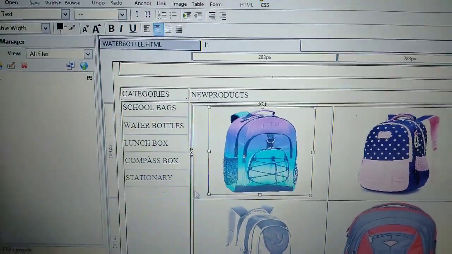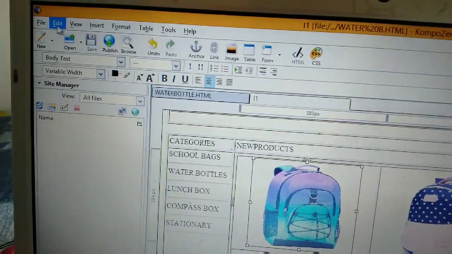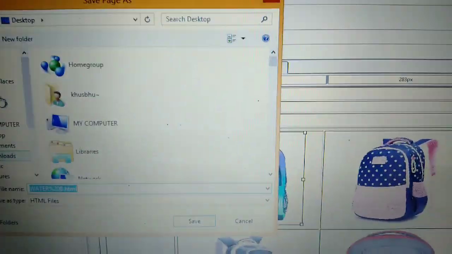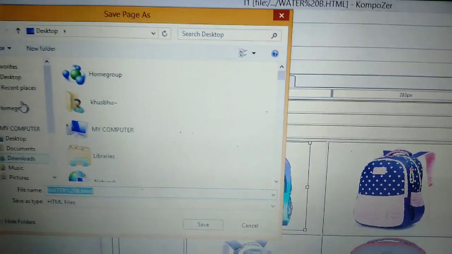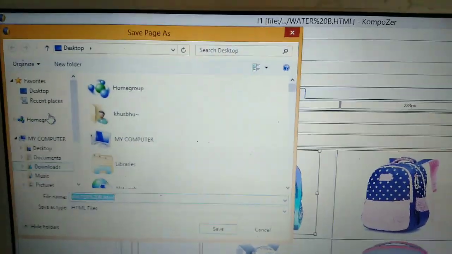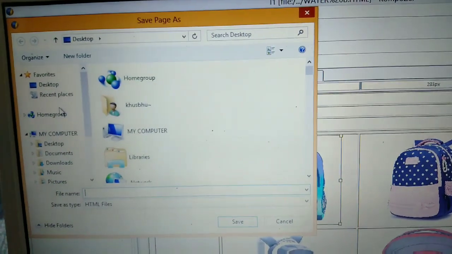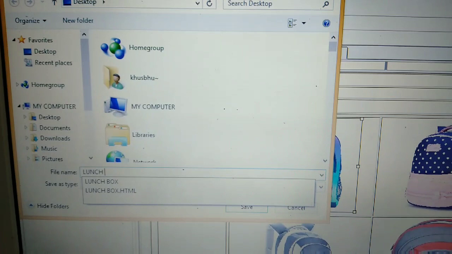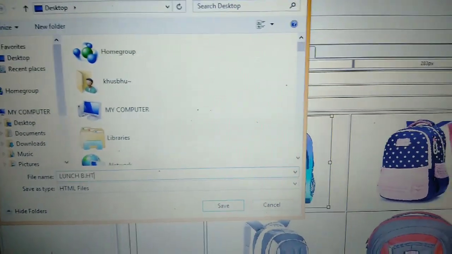Save. Now my third page, that is lunchbox, file, save as. You have to create 5 pages this way. Apply third page, so you have to write lunchbox. I have already created a lunchbox page, that's why I am giving lunchb.html.